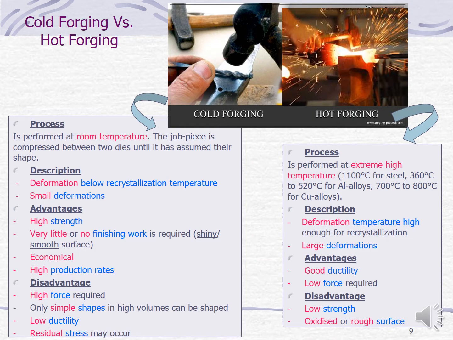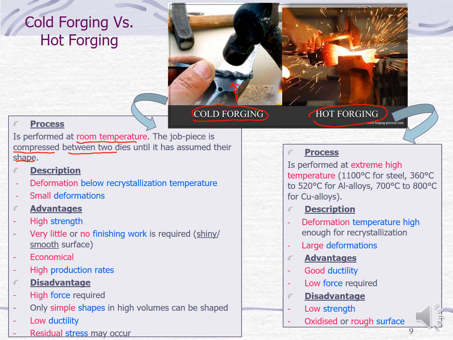Okay, let's look at the comparison between the cold forging and the hot forging. Cold forging is a very conventional forging process, a simple forging process. This cold forging process is performed at room temperature. Okay, the job piece is compressed between two dies until it has assumed their shape. While for the hot forging,